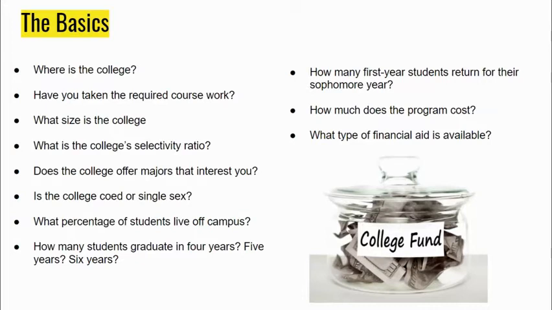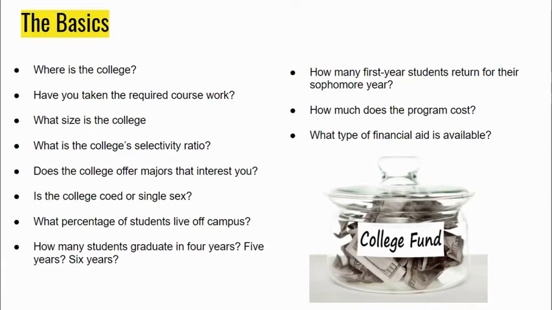Most college websites will have a page called the freshman profile page. Sometimes that's on admissions, and that should give you a lot of information about what the average GPA of the freshman class is, the average SAT score of the freshman class, how many are living on campus, how many are full-time students, how many are commuting. There's a lot of good information on the freshman profile list. I would encourage looking at that for each school you're interested in, to see how you fit in.